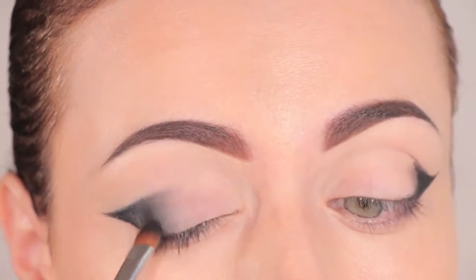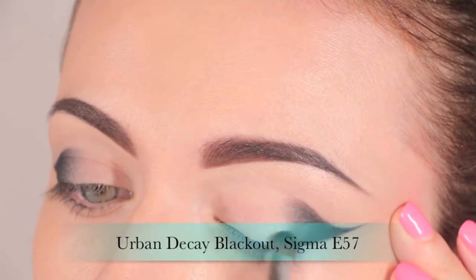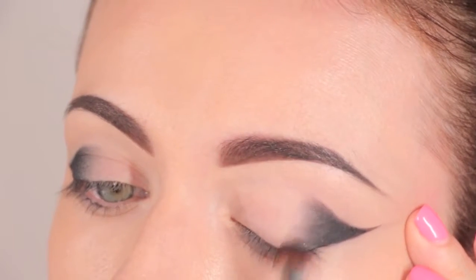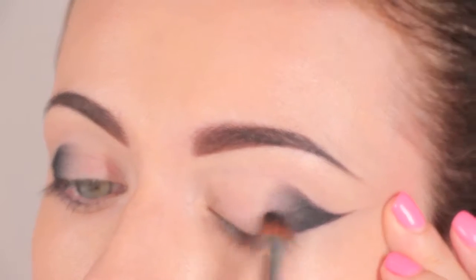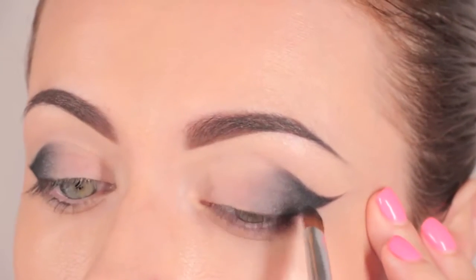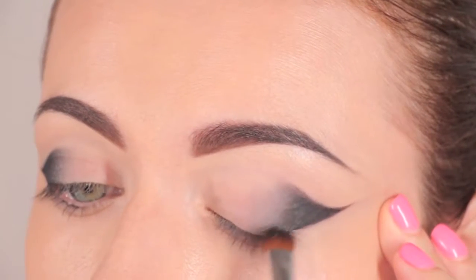Now I'm going to take a firm shader brush, and I'm going to apply the shade Blackout by Urban Decay on the outer part of the wing, and I'm going to blend it slightly inwards towards the lid. And you can see as I blend it inward, it starts to look a little bit gray and faded. That's the ombre effect that you want to achieve. So go heavy on the outer part of the wing and lightly blend it with whatever's left on the brush